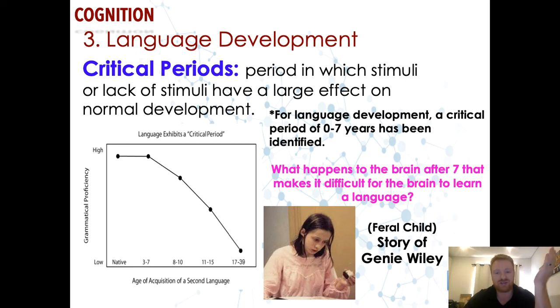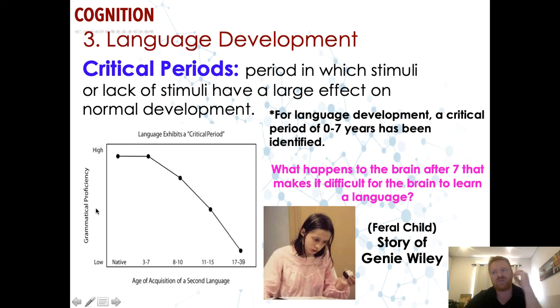Until finally someone found her at about the age of 13, after spending her whole life in this room with no human contact. And she never really did gain full language abilities after that. They tried as hard as they could, but she never really could grasp full grammar proficiency. And so that's another one of those case studies where they really realized that it's those first few years of life that are super important. Now, one of the things they talk about is why. Like, why can't I just learn a language later on in life? I learned lots of stuff later on in life. Why can't I pick up a language?